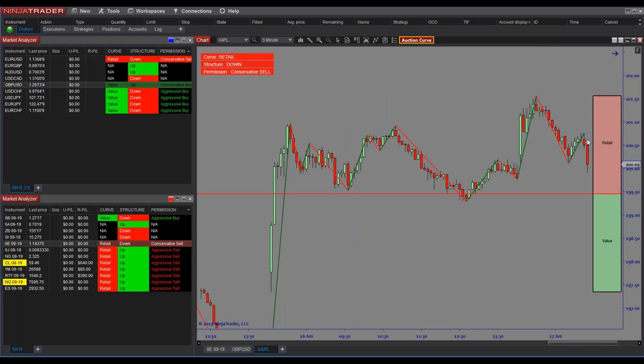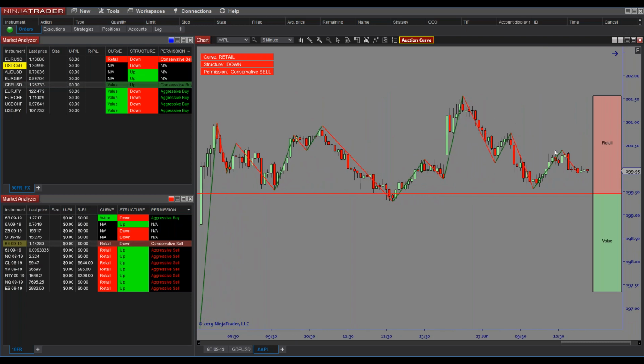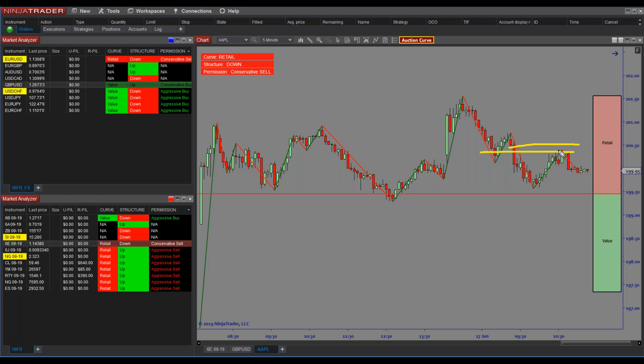There was a supply zone up here near 200. Price came back up to retest it and hit it. This retest right here towards the end of the day was a short from this environment. Right there, retail in resistance. Price came back up to retest it and dropped down. Now, you might not be an Apple trader. You might not even be a stock trader. It doesn't matter.